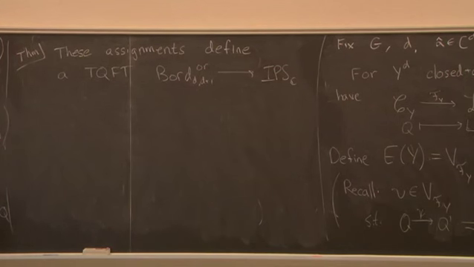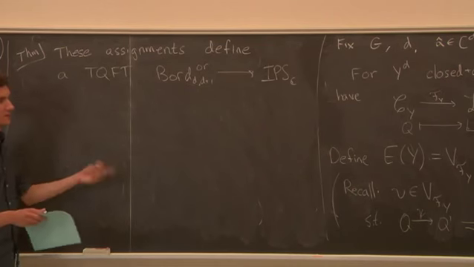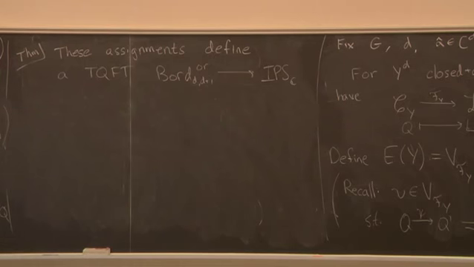I'm not going to go through the proof of this. Just to say what the sketch is, it uses the TQFT from the classical case, and then it amounts to showing that the measure behaves nicely with respect to this integration and these assignments. The real hard part is the gluing property. There we need a technical lemma to say how the measure changes under gluing. And then I just wanted to illustrate a little example